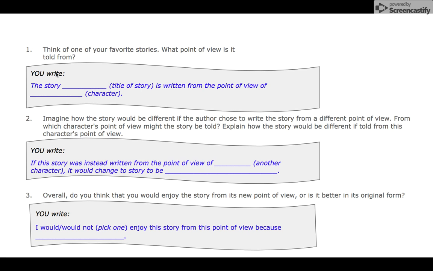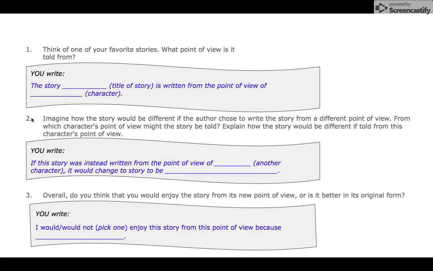Okay, so you're going to write a sentence something like this. The story, Snow White, is written from the point of view of Snow White herself. Okay, easy. One sentence to answer the first discussion question.